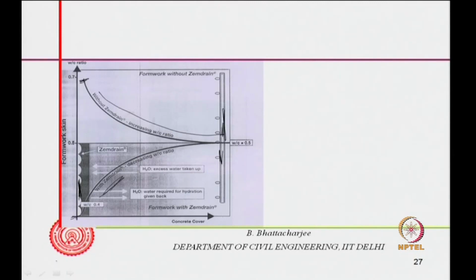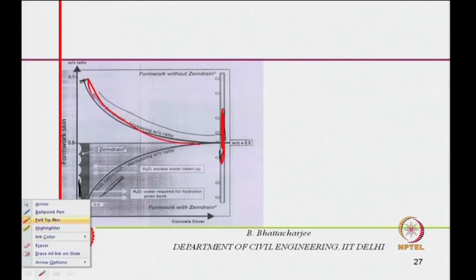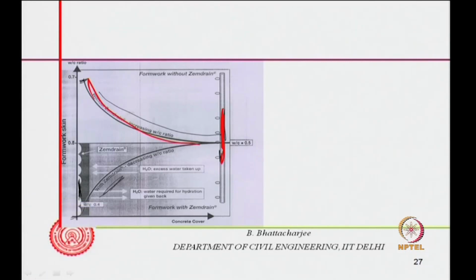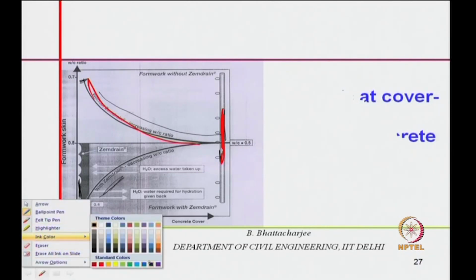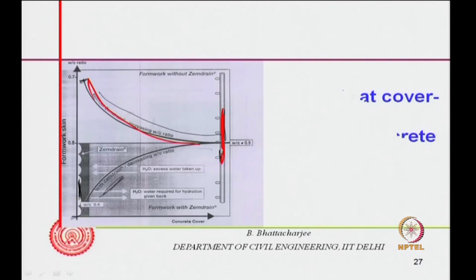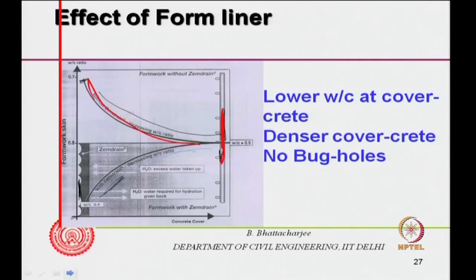This is a reinforcement bar. So, the reinforcement bar is here. Without the liner the water cement ratio varies like this, and with the liner it might vary in this manner. So, therefore, what we see is a lower water cement ratio at the cover concrete, a denser cover concrete,